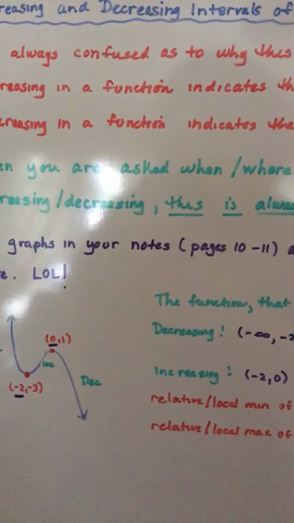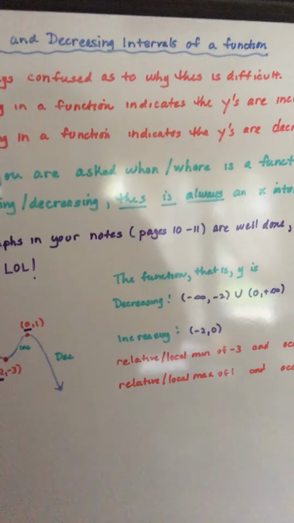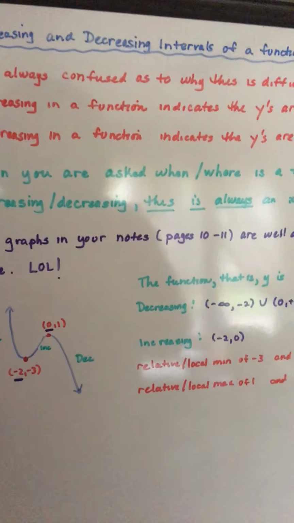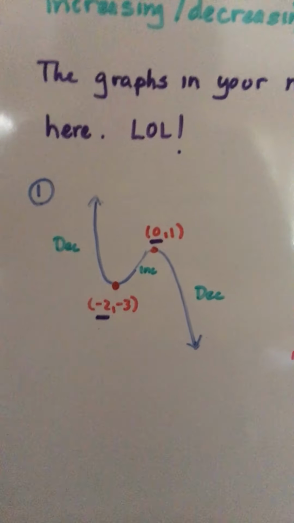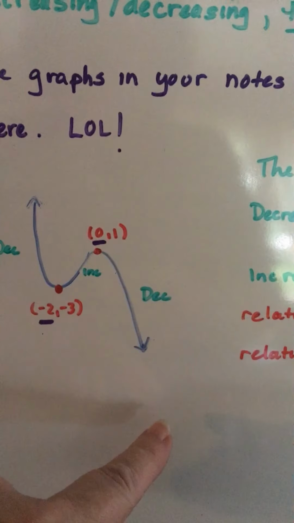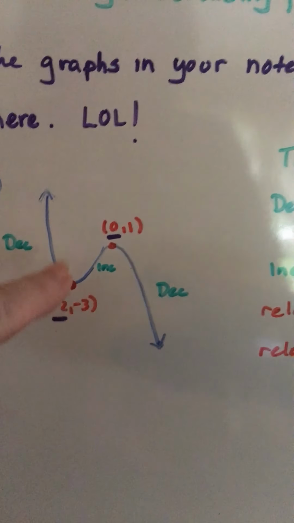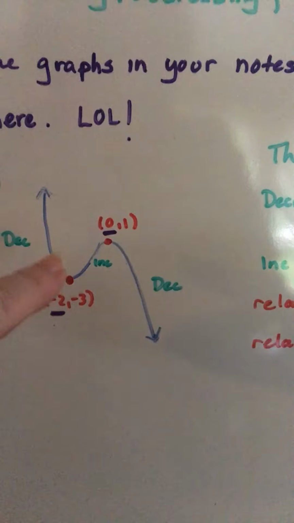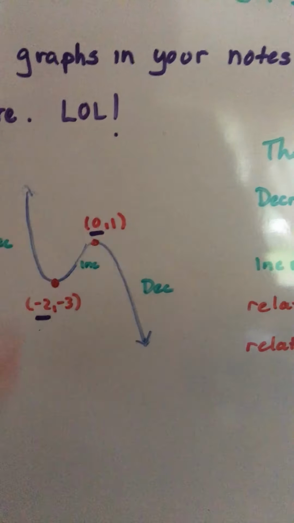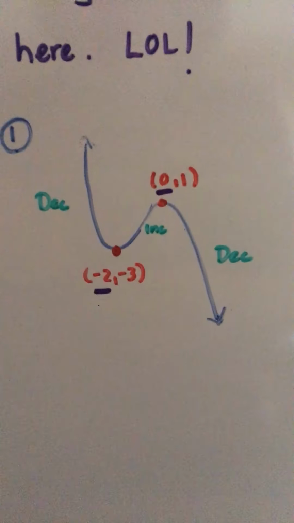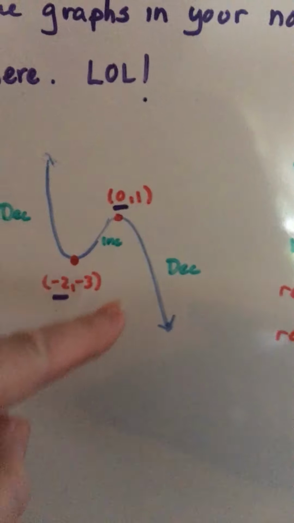Now, there are nice graphs in your notes on page 10 and 11, and they're well done, drawn on a calculator. Not so here, so live with it. All right, so here's my function. Notice it goes down and it goes up. So I have a minimum point that's a relative one because it's not an actual min. It goes back up. But notice this is negative infinity. This is positive infinity. So there's no max, there's no min, but the function from left to right is decreasing,